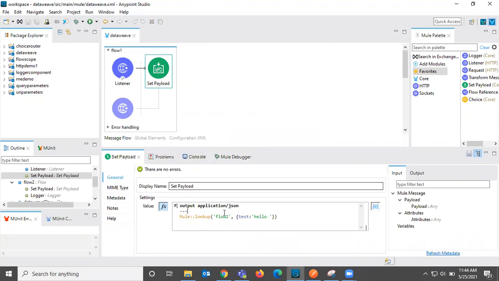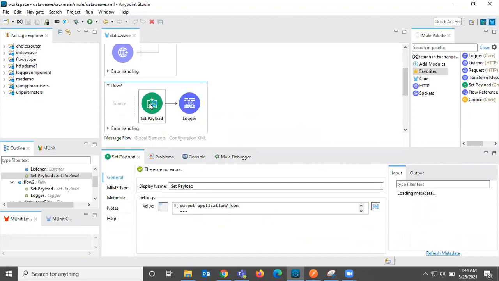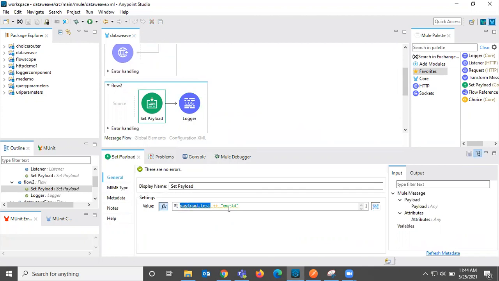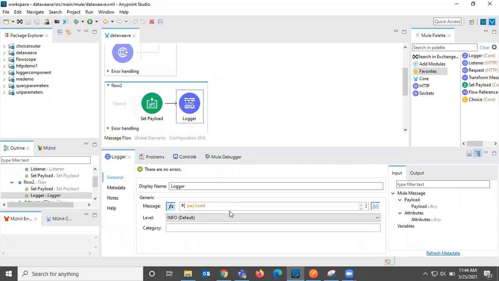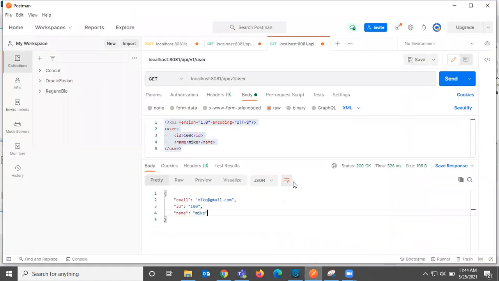So to flow 2, this is flow name. To flow 2, we are sending this payload. In the flow 2, it is just reading that payload and then concatenating it with world. Just printing the payload here. So let me execute this and then we can discuss.